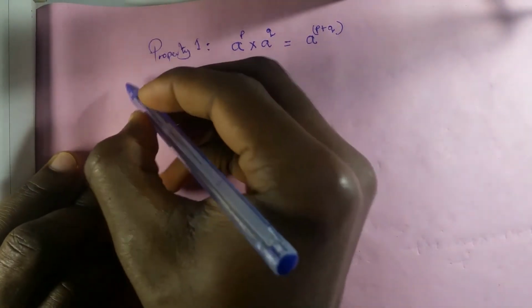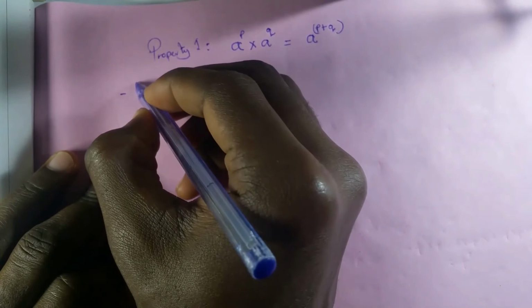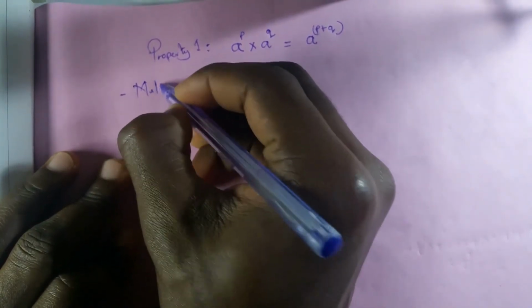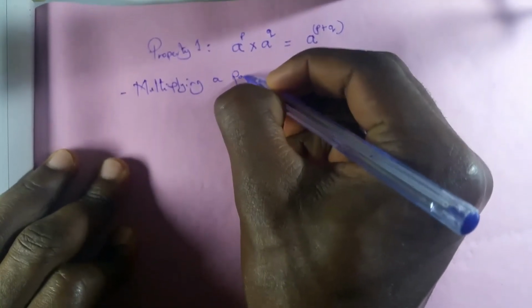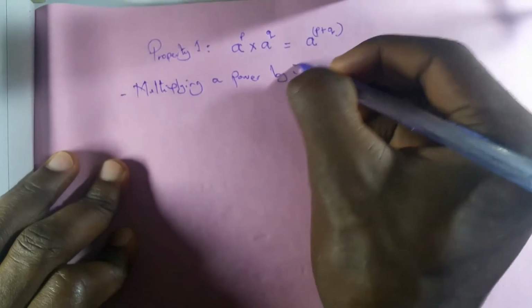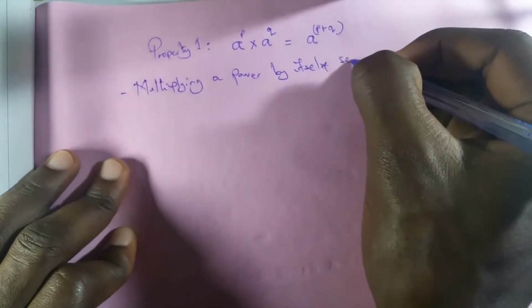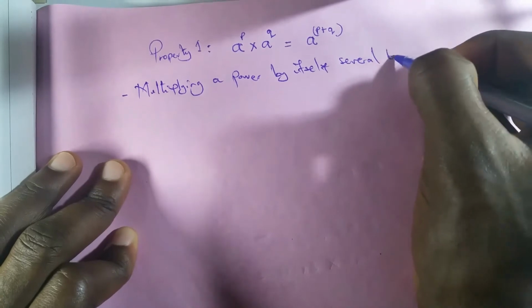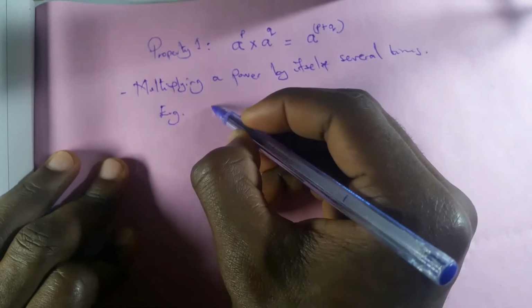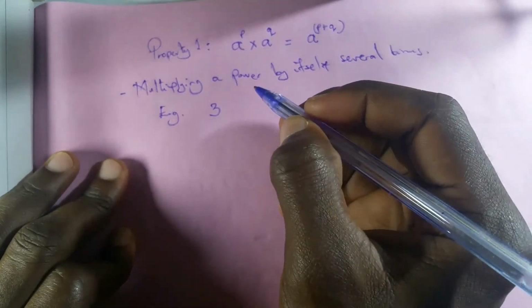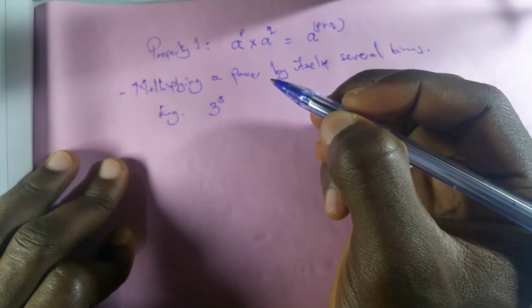Now let us go ahead to see multiplying a power by itself several times. An example we're going to look at here: we can have 3 to the power 3, multiplying itself,